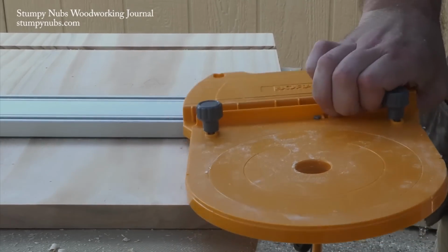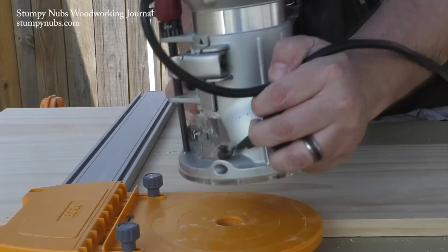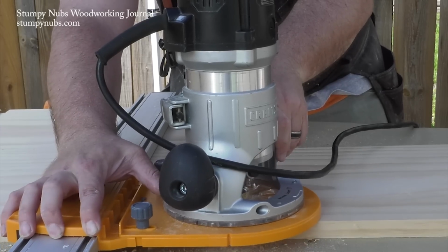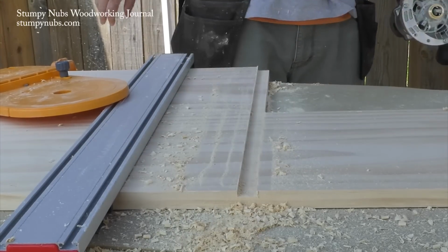I was really careful to line this cut up with the edge of the workpiece. And I made sure that I started my cut on the rabbet side, cutting just a little bit in. Then I finished my cut from the other direction. Again, I'm avoiding tear out on both sides, which would look terrible on that corner where the rabbet ends in